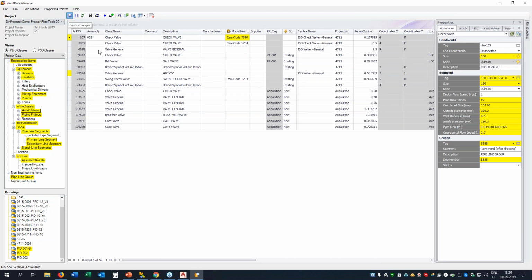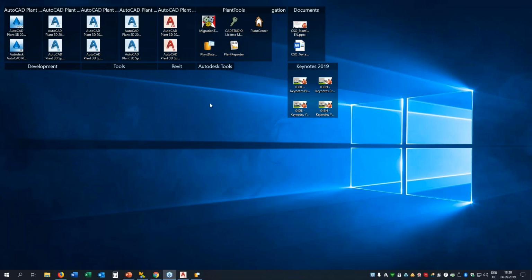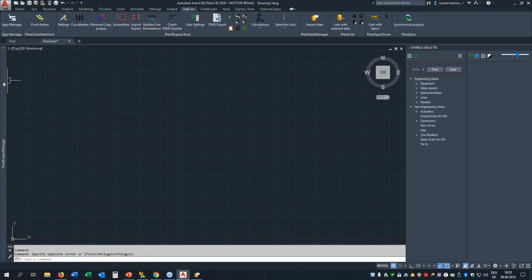So what I will do now is import those changes. Before I do this, there is a checkbox, and you can decide if the changes you made are ready to be imported. If you uncheck that, then your colleagues in AutoCAD Plant 3D cannot import those changes. They will see that you started making changes, but he or she cannot import them yet. So now let's go to AutoCAD. I open the project,